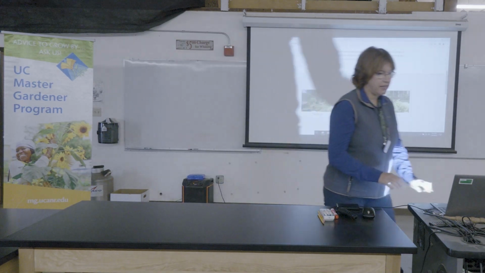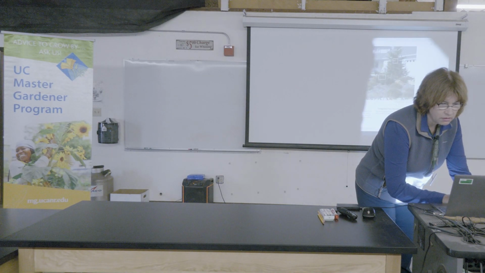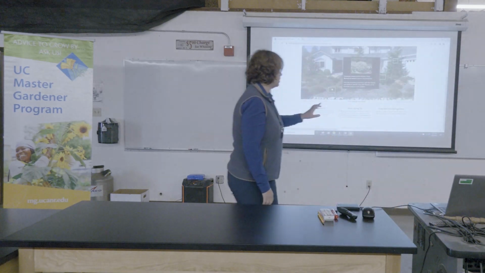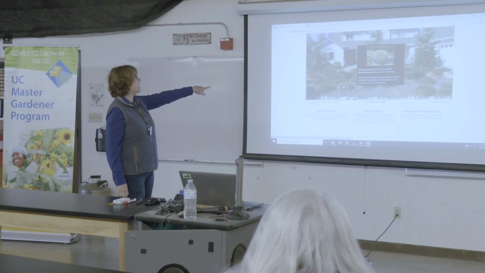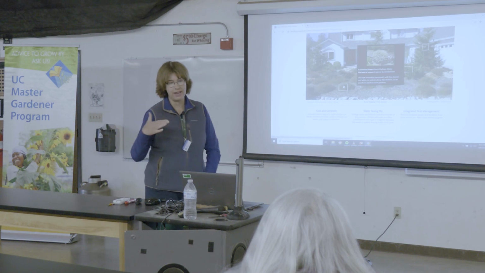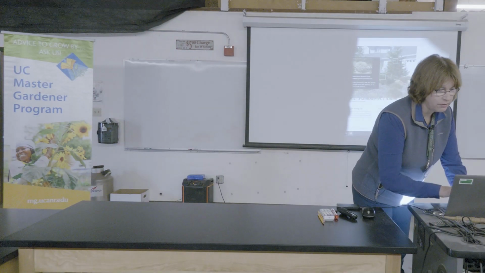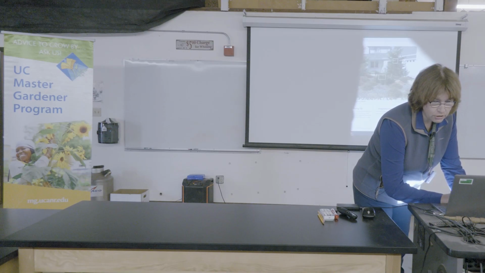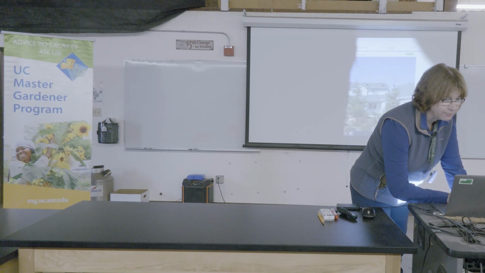So just to kind of give you an example, I disagree with some of them, but just to show you an example, if you hover over the plant, it'll tell you what it is, and then it'll give you a landscape of different plants. So they have several to choose from. I don't think redwoods are very water wise, so I don't know that I would necessarily choose that, but they do have